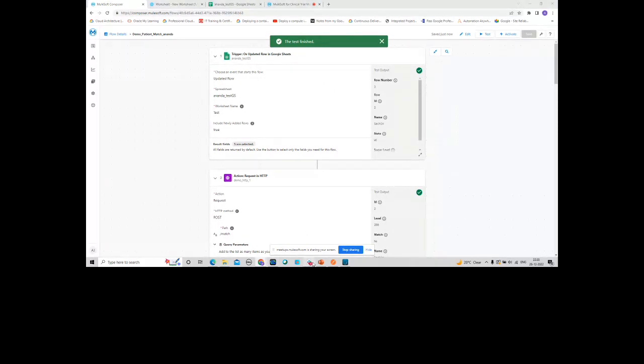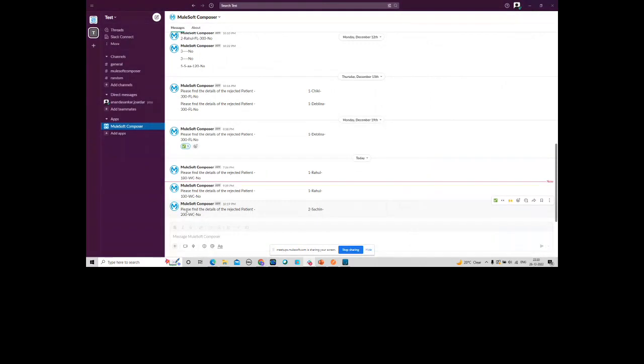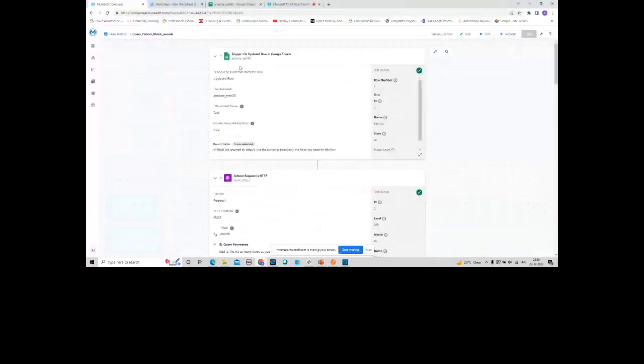Let me see. Now it comes directly to this Slack channel, and it is showing the detail of the rejected patient. And if I go to the Google Sheet where the result goes, you can see now there are two rows inserted.